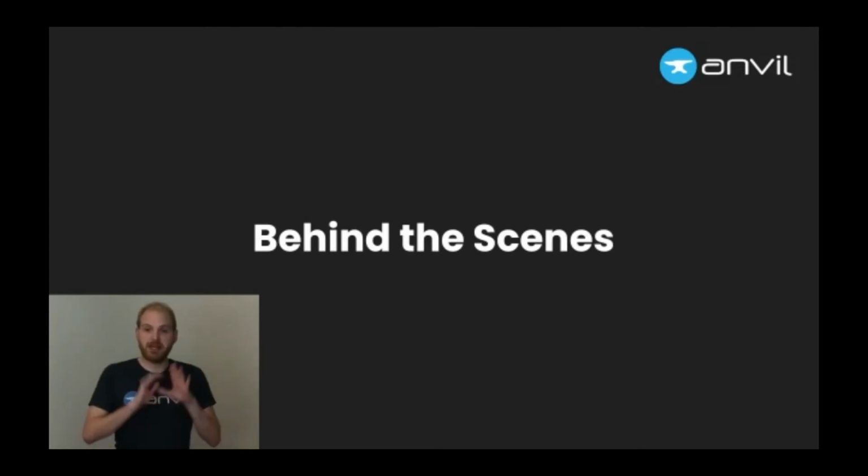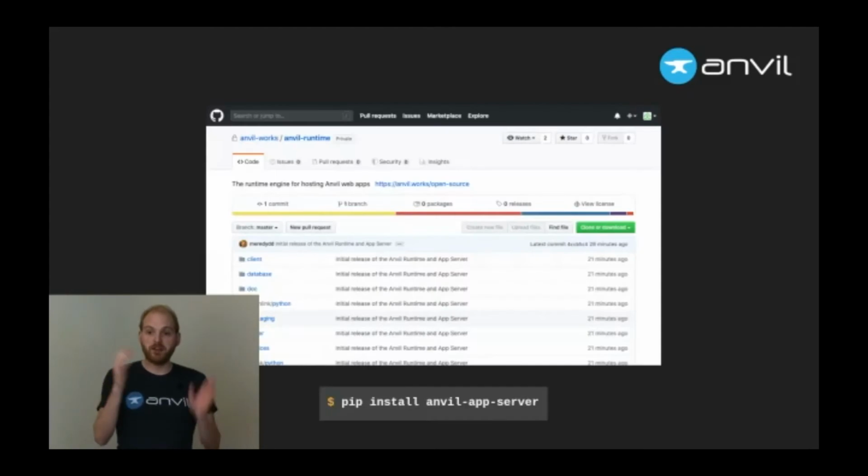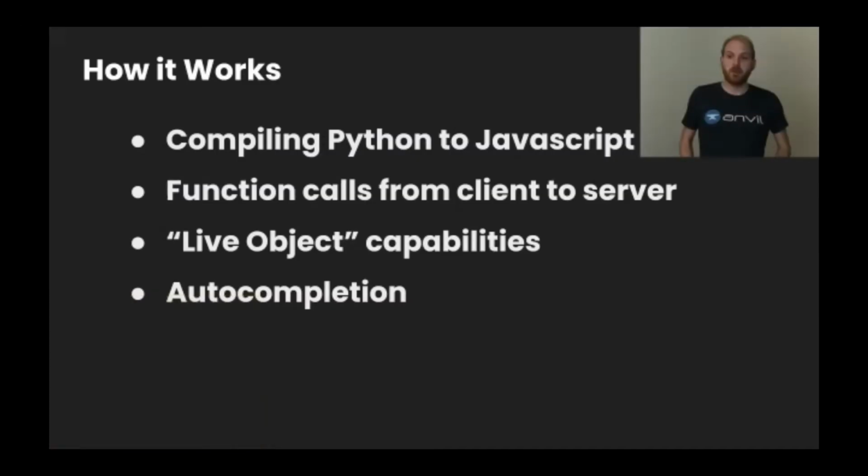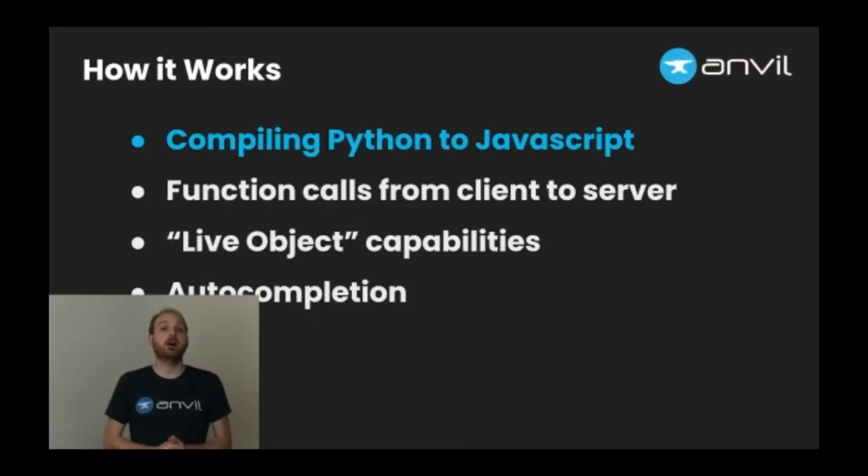In fact, let me tell you a bit about what this chunk of the talk is going to be. First things first, this is an open source framework, so anything that I don't cover, you can go check out on GitHub and dig through and find out yourself. But what we're going to talk about is how we compiled that Python to JavaScript, how those function calls go between the client and the server, how we're passing these live database rows around, and then a little bit about the development environment as well, how that auto-completion worked. So let's start,